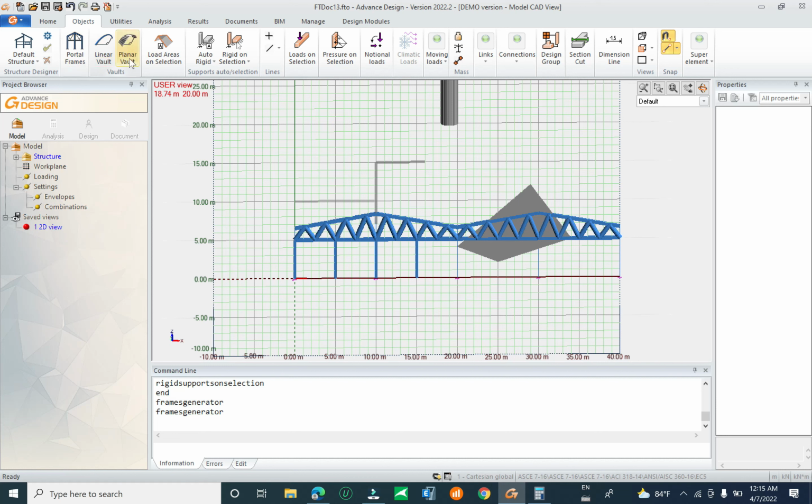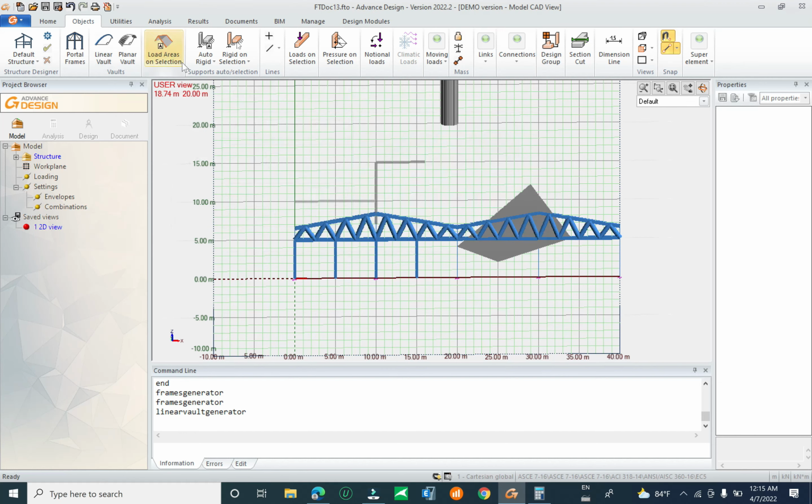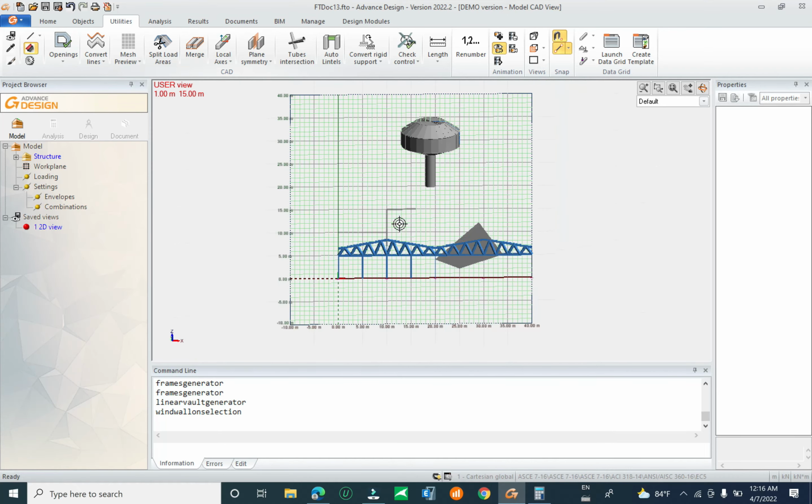And this one for the linear wall, you can create it and load on the selection. Okay, for the rows, and this is for the pressure on wall, and you can assign group for the design, and you can add for the execution cut, you can initiate dimension, and for the utility you can input opening. So now